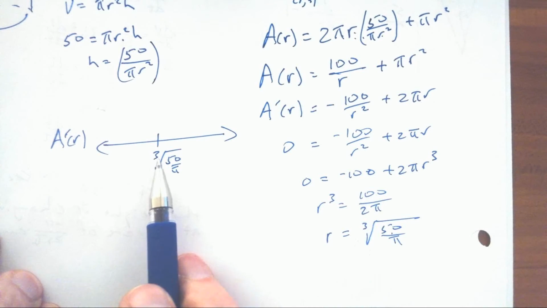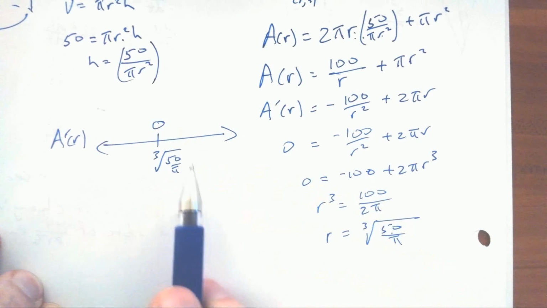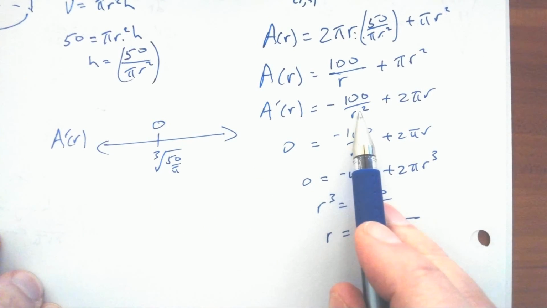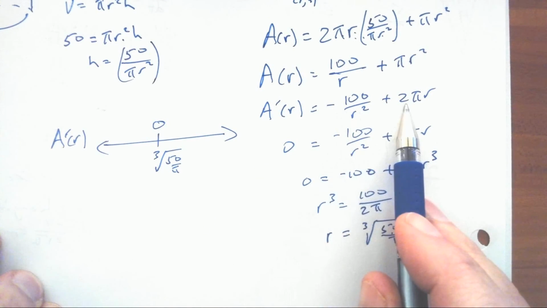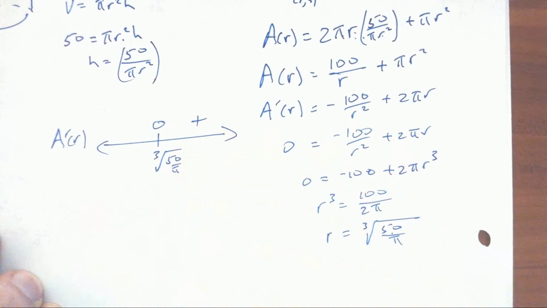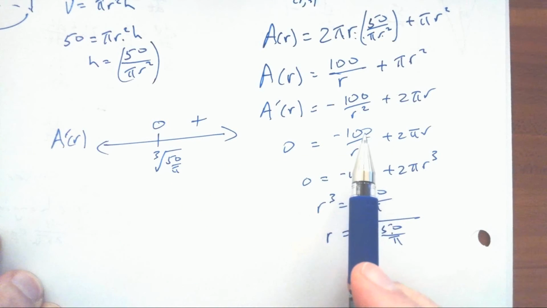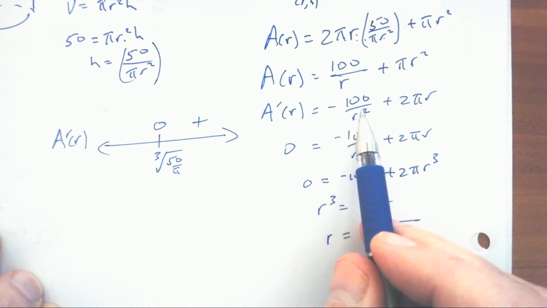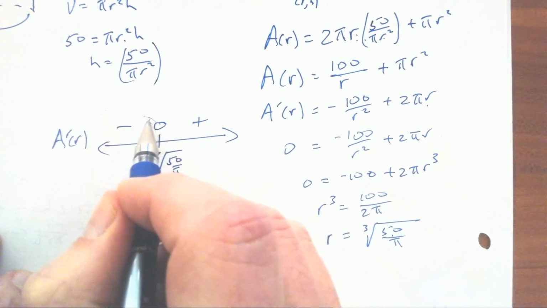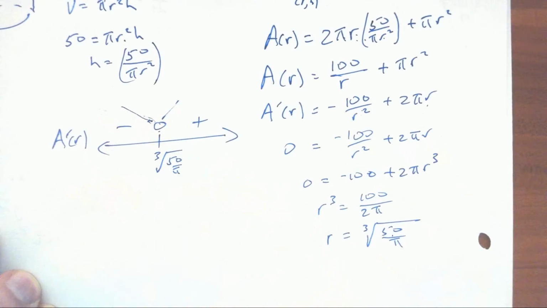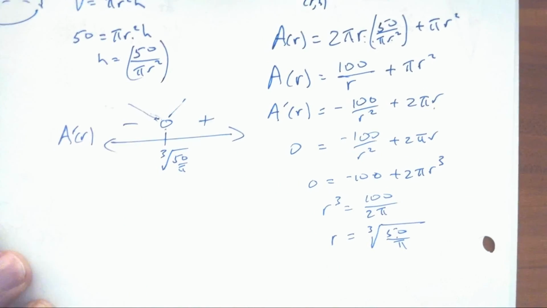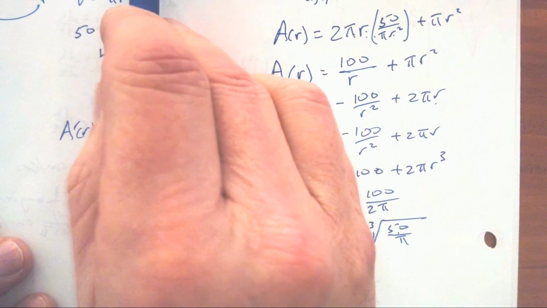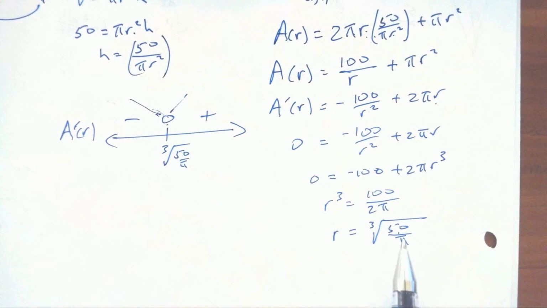So here's where the slope is 0. If I put in a bigger value, say 10, I get negative 1 plus a positive, so the graph's going up. If I put something to the left, like say 1, I get negative 100, it's negative, so it's going down, then coming up. That's a minimum. So there is our minimum choice for our radius. How should the can be constructed? The can should be constructed with a radius of